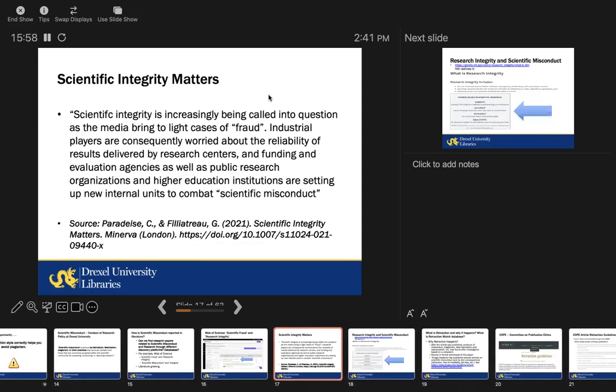And this is another example with a citation in a 2021 paper, where scientific integrity matters. A big research paper was published at that time, and how its scholarly research came into question. And I'll give you another example, as everybody is aware and has gone through the most difficult period in our lives, during the COVID period.